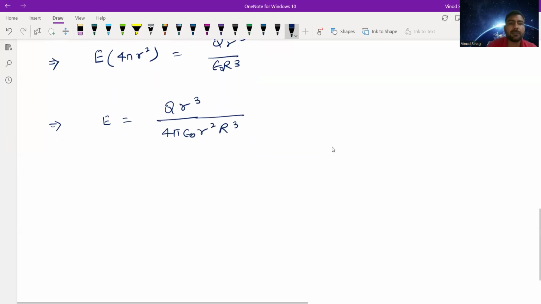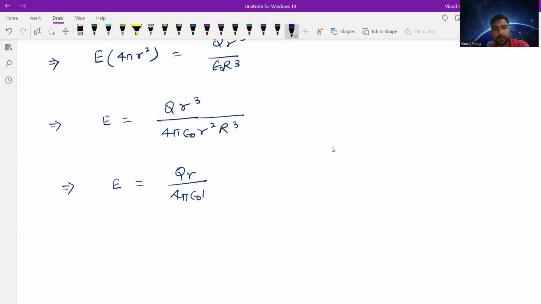Now in the numerator we can see that it is r cube, and in the denominator it is r square. So in the numerator only r to the power 1 will remain. So electric field will be E equals q into r upon 4 pi epsilon naught R cube. This is the electric field inside a solid sphere,